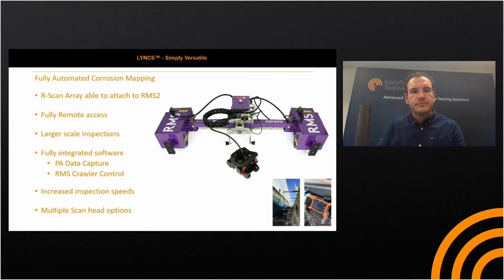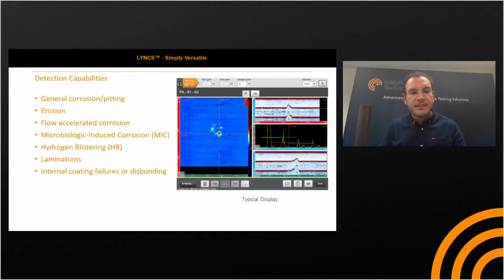And detection capabilities. So phased array corrosion mapping in general. If you're not familiar, it covers general corrosion and pitting, erosion, flow accelerated corrosion, MIC, hydrogen blistering, the early stages of HTHA, laminations, internal coating failures or disbonding,